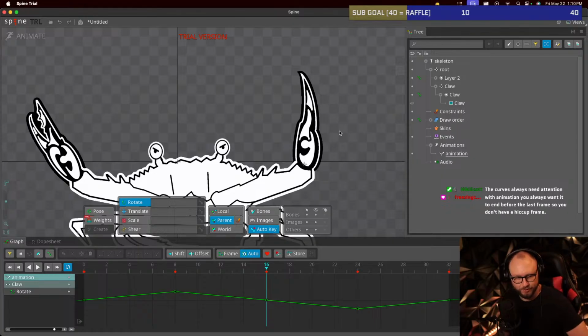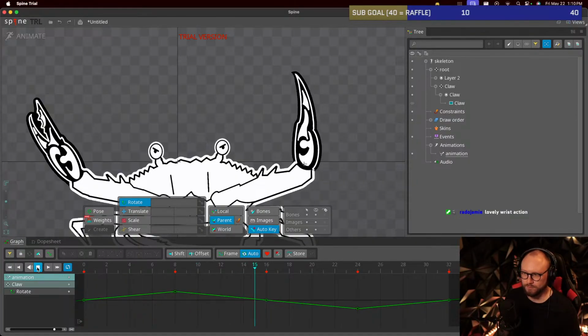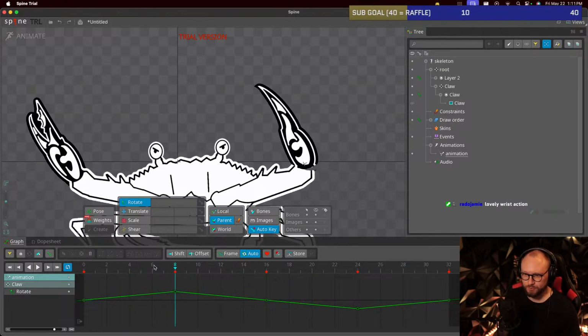Curves always need attention. Oh, boink. Boner, I've got to select the boner. Game runs at 60. Okay, so